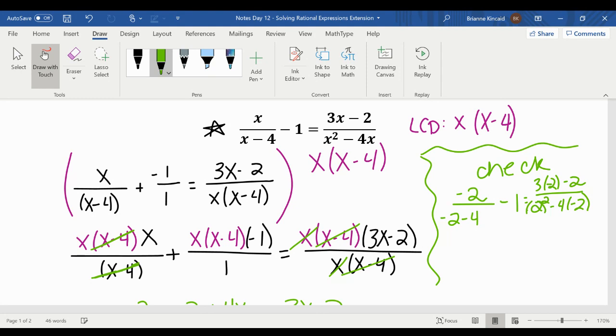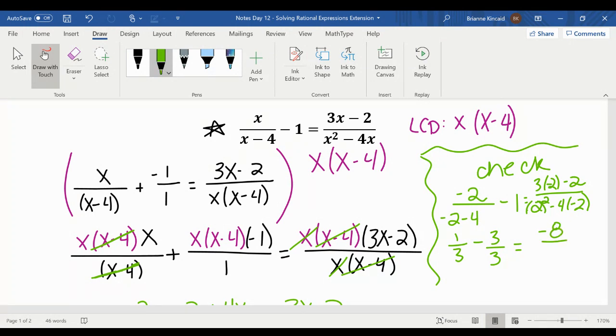So what I have in the first fraction, this is negative 2 over negative 6 minus 1. And actually what I'm going to do is I'm going to change this to negative 1/3. It's going to be positive 1/3 minus 1, but I'm going to make that minus 3/3 equals 3 times negative 2 is going to give us negative 6, minus 2 is negative 8